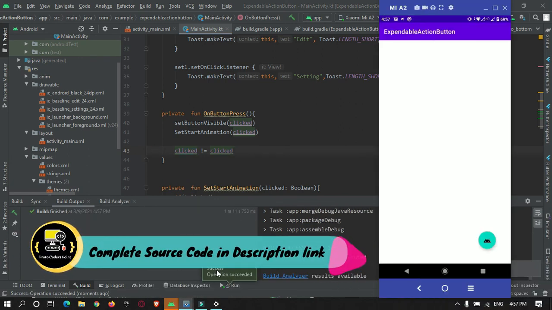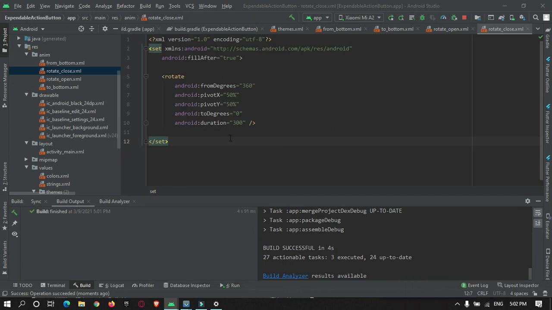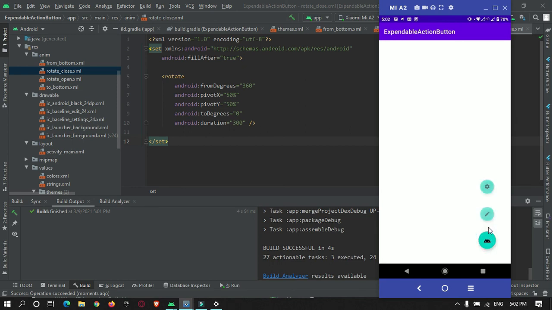Okay, the app got installed. As you can see, the other two buttons are hidden. When I press on it, this pops up. Here, as you can see, it is not getting disabled, meaning it is not closing.